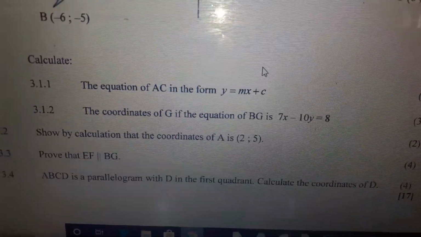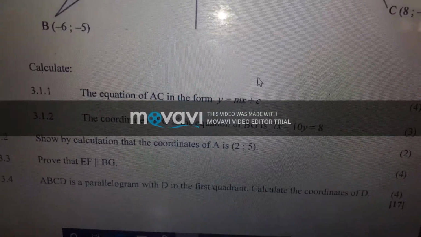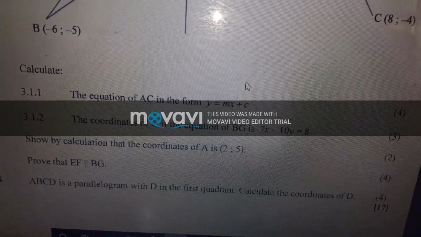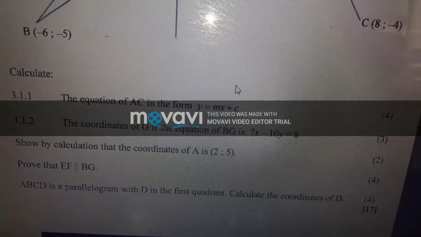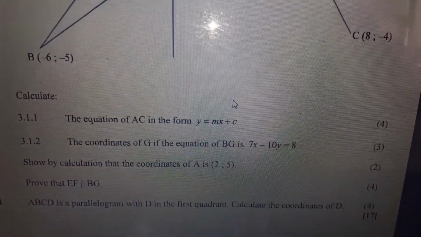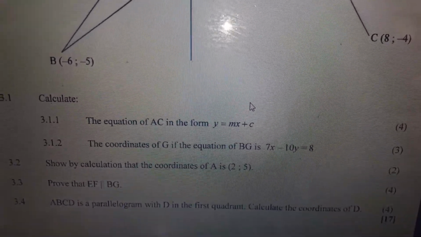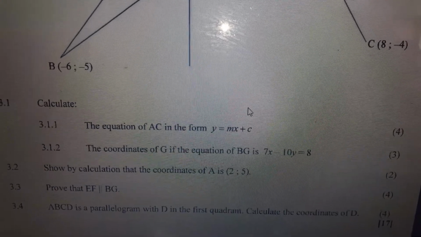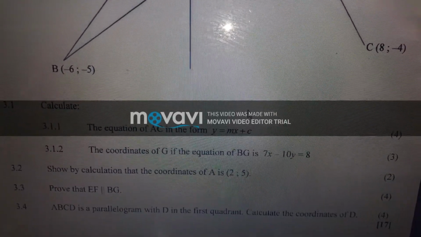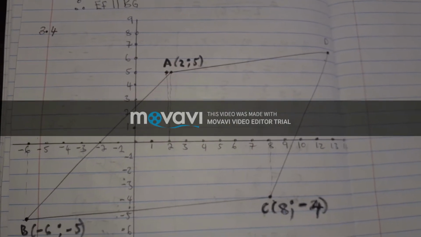The next question is this: ABCD is a parallelogram with D in the first quadrant. Calculate the coordinates of D. So the easiest way to solve this problem is to draw one, draw something like this, because